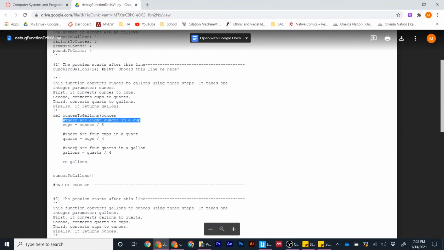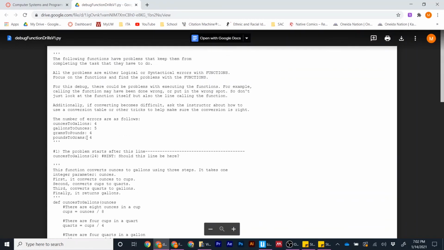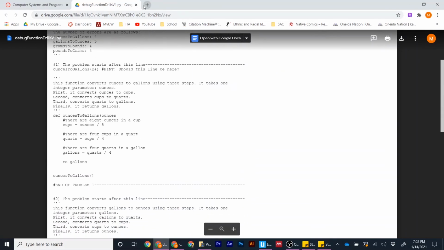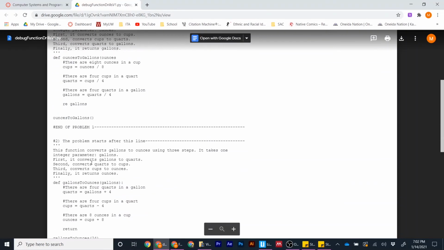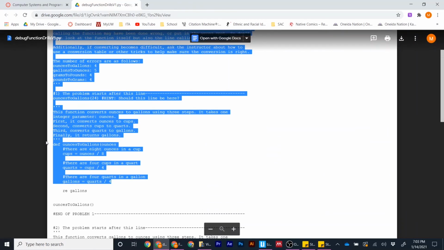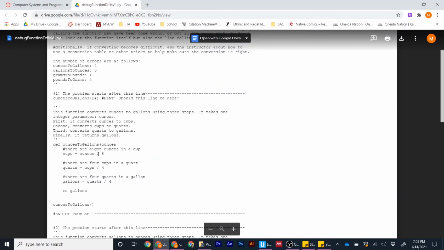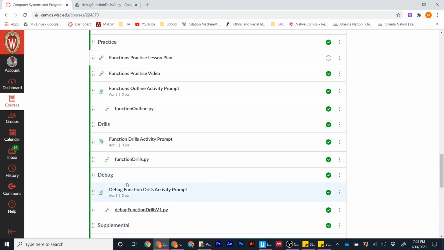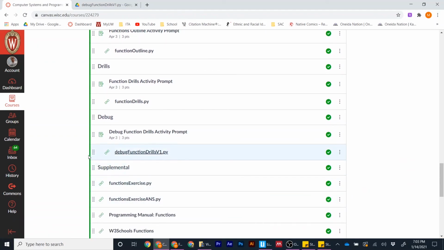If you don't remember how to do these types of calculations like conversions, just look up conversion charts online, and that will be helpful for trying to calculate these different conversions. But they're not supposed to be super complex. You should be able to identify these logical errors fairly simply. For any syntax errors, you'll have to pay attention to problems with the program's typing. Then once you finish this, you're going to submit it on the debug drills activity prompt following the GitHub submission